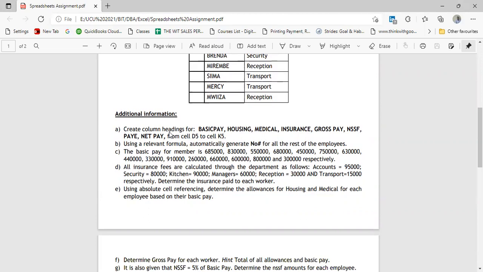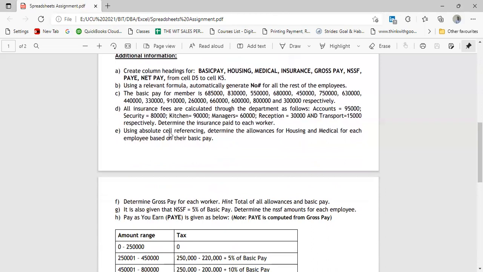And then we shall also calculate insurance fees using their departments, and each department is assigned the amount, and that is why we shall use the if function, and we shall use absolute cell referencing to determine allowances for housing and medical. As we have told you, we have absolute and relative cell referencing. With absolute cells, we fix a certain cell and then multiply it to a given range, or we use an Excel function on it across other relative cells that will keep on changing,